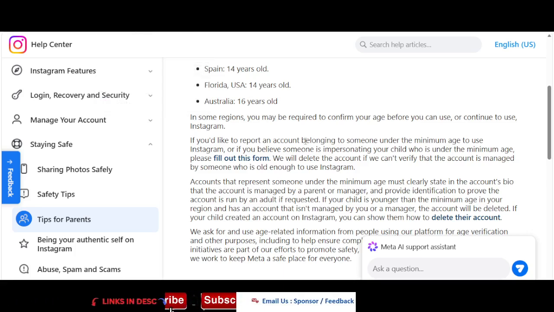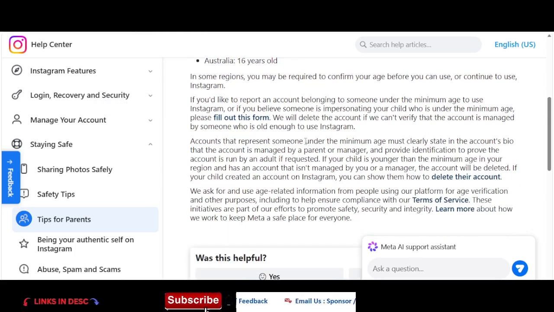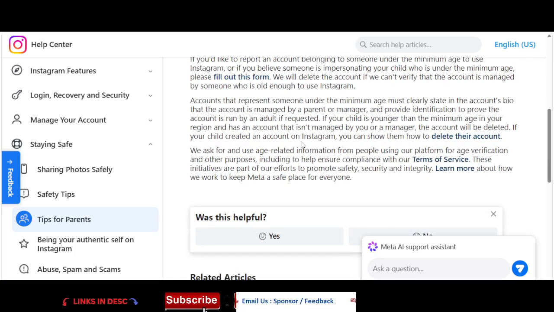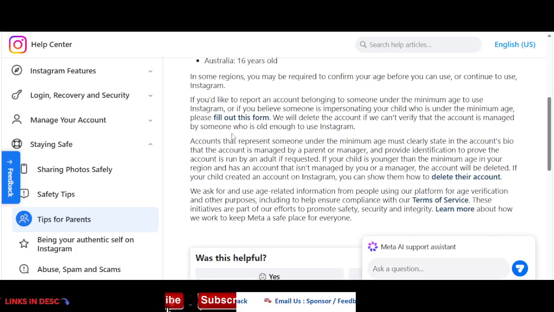The Instagram team will review the account and delete it. Now I want to tell you two points. If the account is managed by an adult, you should mention this clearly in your bio, that the account is managed by a parent or a manager, an adult, a mature person. Or else, if your child is younger,